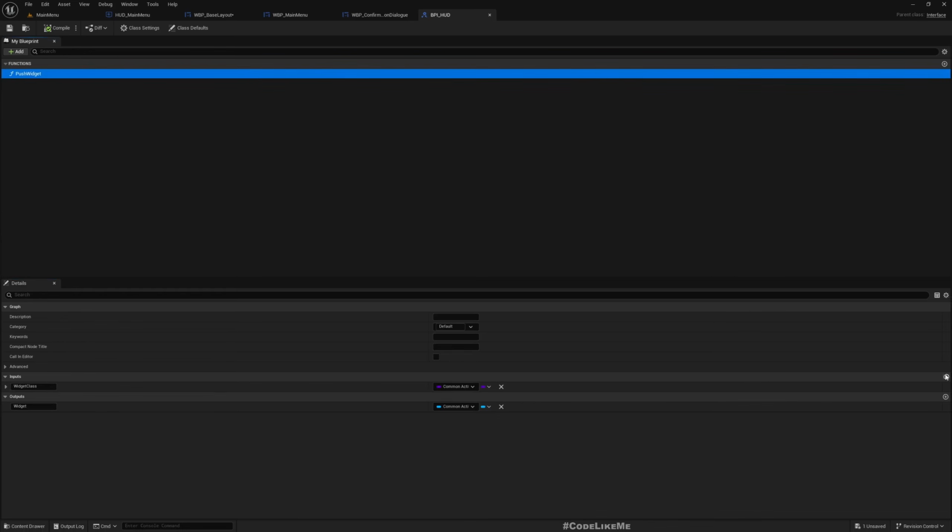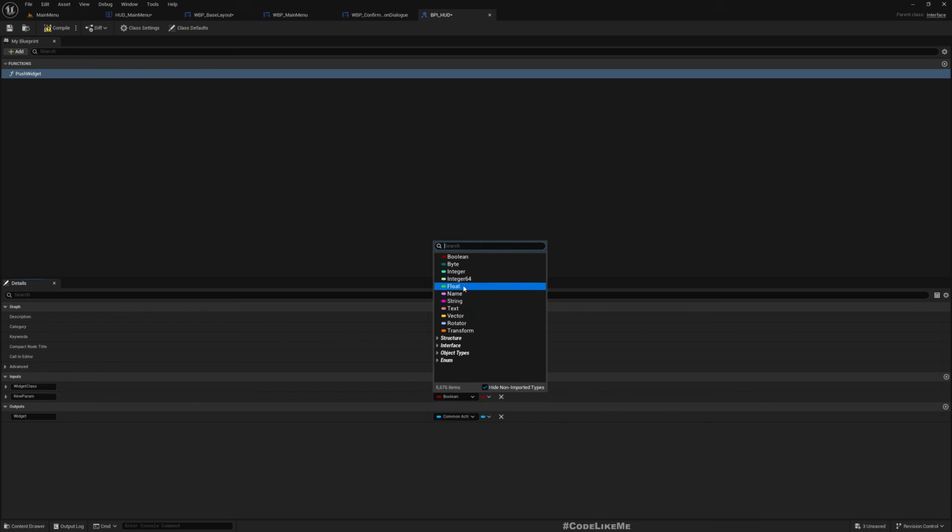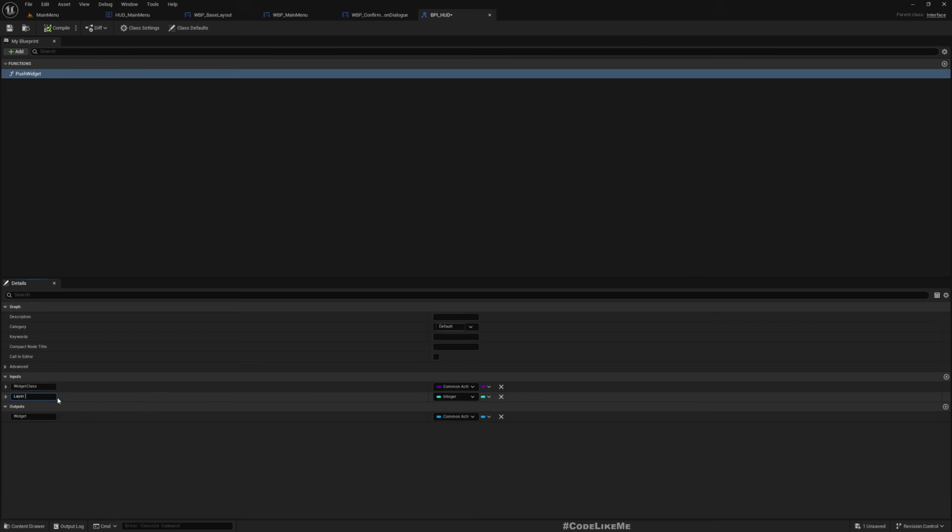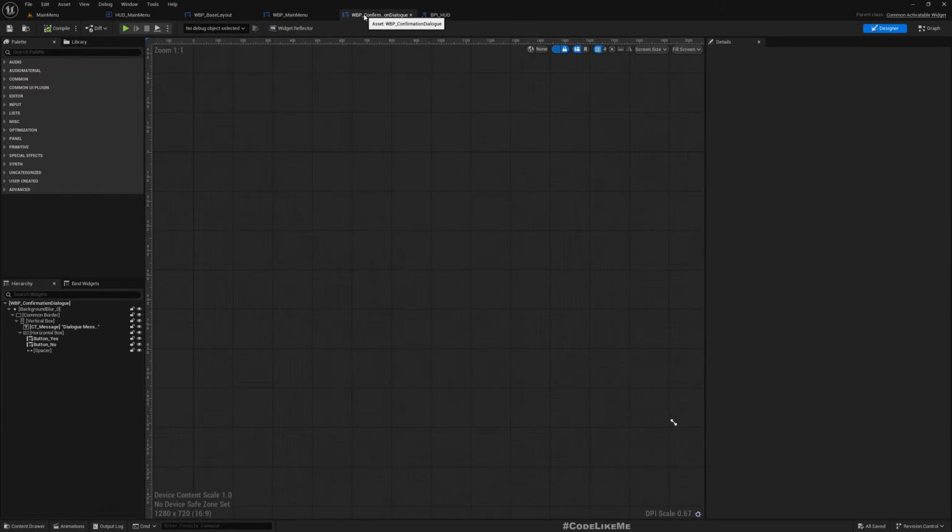Let's see. Sorry about that, I forgot where it is. Integer and layer. Okay, there. Let's name this as layer. Wait, why can't I name it as layer? I just added a space. Okay, now